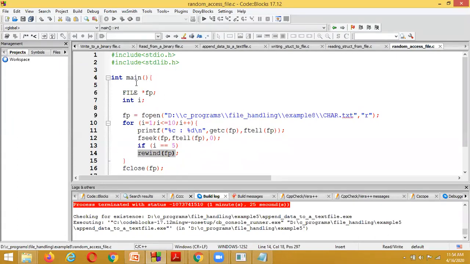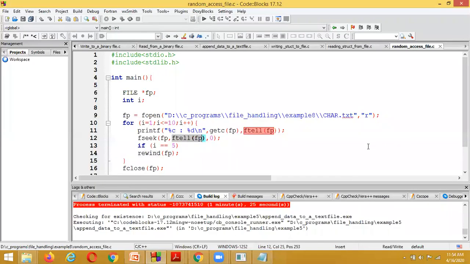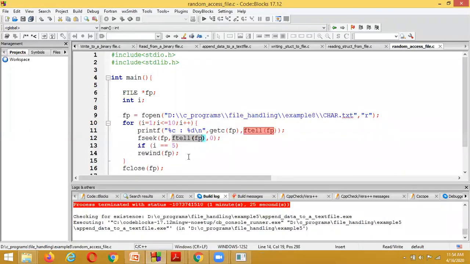Now the present cursor is at the 0 location, that's why it is going to read from 0. ftell is a function used to find the current cursor position. The rewind function is used to move the cursor to the starting of the file.